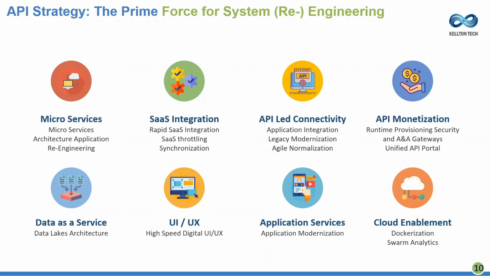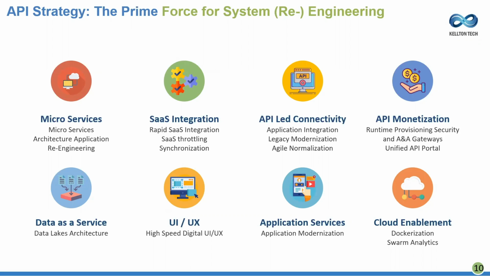A proper API strategy becomes the vital force for digital transformation and IT reengineering. Kellton Tech's 8-point agenda enables the same. Today's digital businesses are on a constant journey of digital transformation, innovation, modernization, digitization, and increasing agility. While transforming all interactions between IT applications and digital systems within and outside the organization to API-based integration is an obvious step in the right direction to address all the needs,